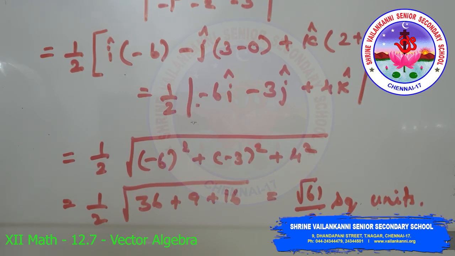So in this question, 3 vertices are given. So we have to write the position vectors of A, B and C in the form of i, j, k. Then we need to find BC and BA to find the area of triangle ABC. BC means position vector of C minus B, and BA means position vector of A minus B. So the area of triangle ABC is half of the magnitude of BC cross BA. The cross product can be formed using the determinant form.